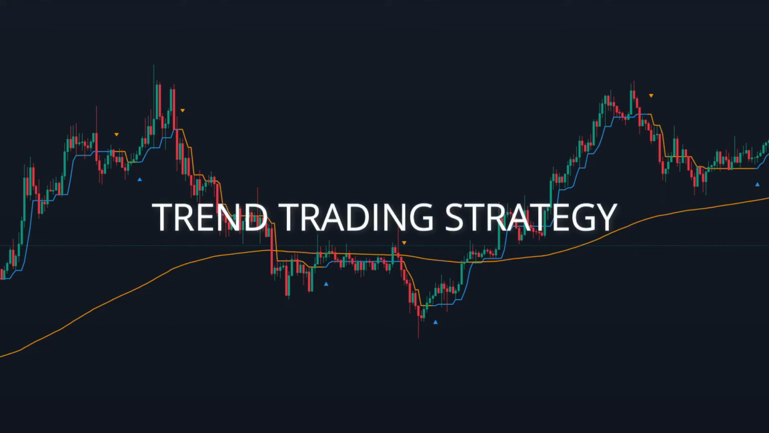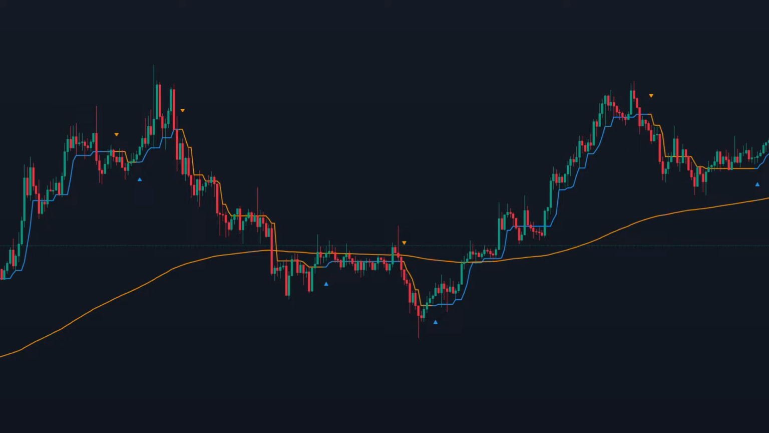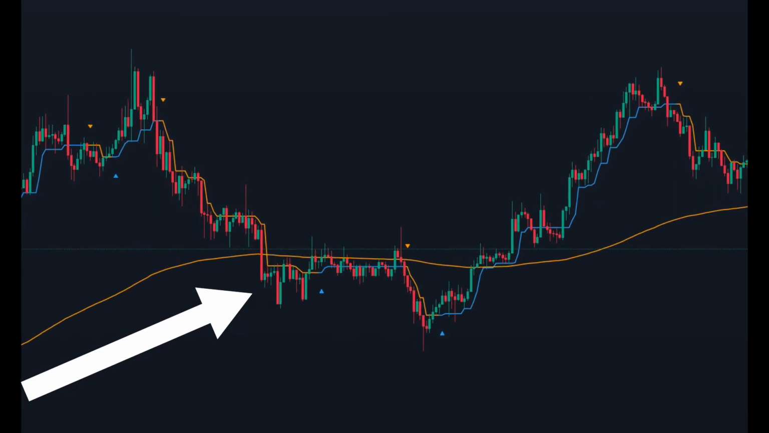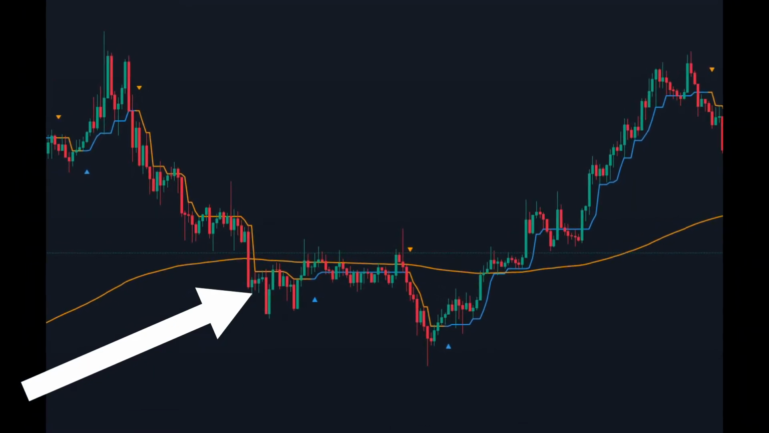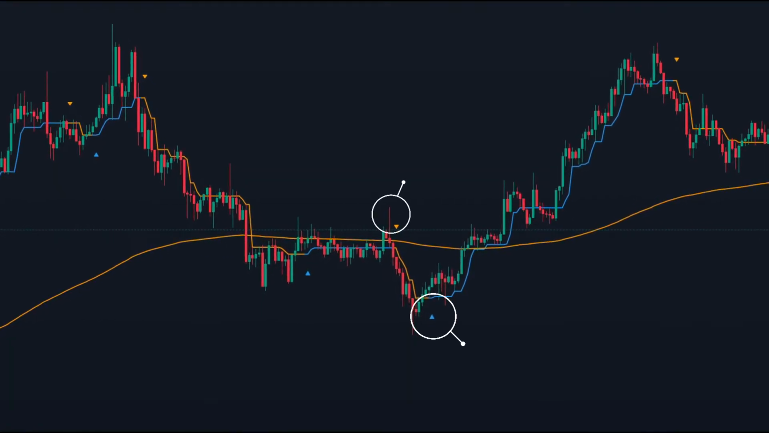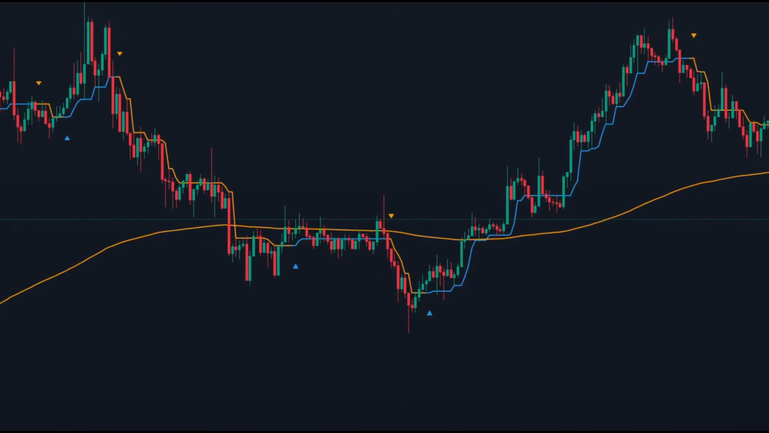In this video I am going to show you the trend trading strategy. The trading indicator that we are going to use in this video is the extreme trend indicator. The extreme trend indicator will let us know what the trend of the market is. This indicator will give you a buy or sell signal with blue and yellow color arrows above or below the